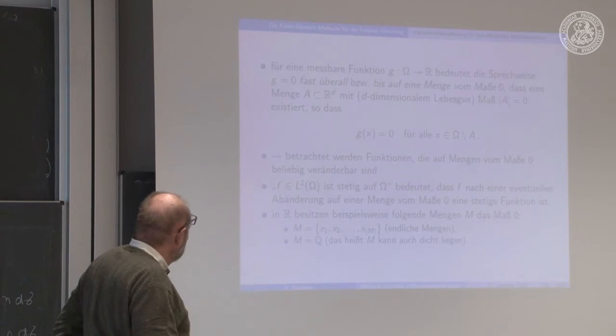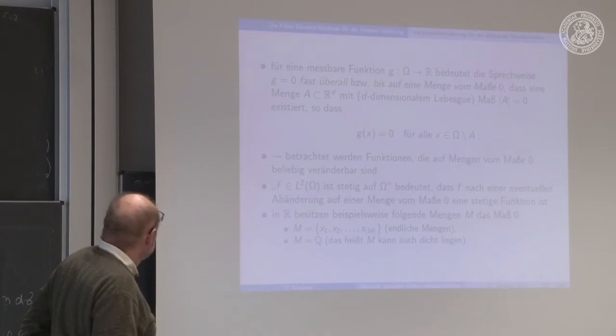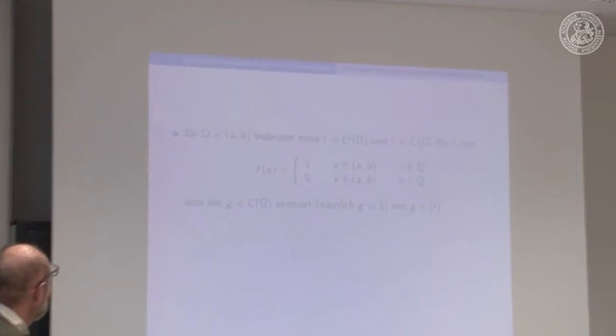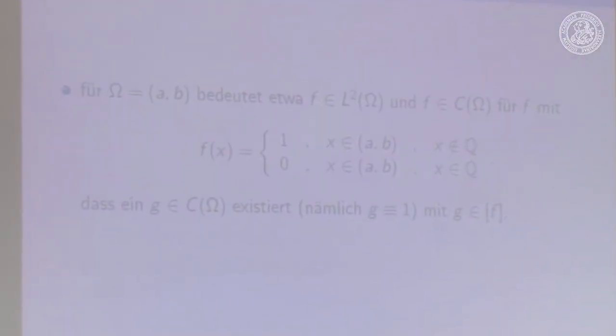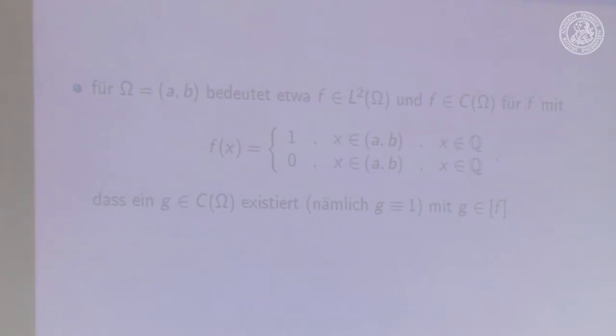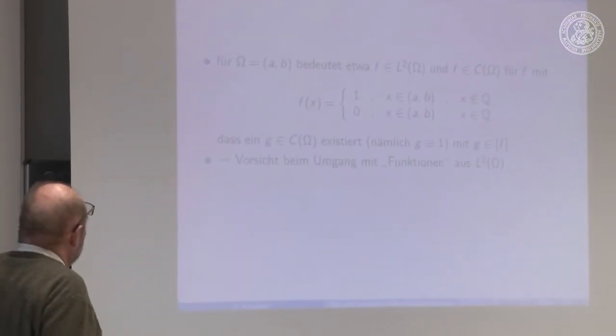Okay, and of course sets of measure 0 can be pretty big, as we know. For example, this function here, which looks very non-zero, is a function which is 1 on the irrational numbers, and it's 0 on the rational numbers. It's a continuous function, namely it's the continuous function 1, in this sense I have just described it. The rational numbers do not play a role. Okay, so